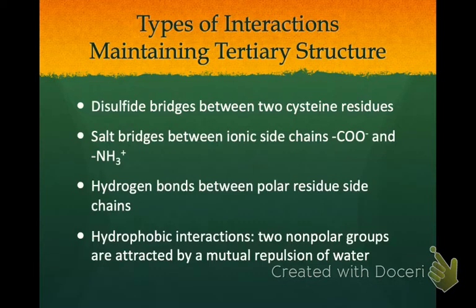That would be ionic bonding between positive and negative charged portions, or our acidic or basic portions of R groups. We can have hydrogen bonding between polar residues. That would be our oxygens bonding with hydrogens. And we would also have hydrophobic interactions. Those would be our van der Waals, which include London forces and